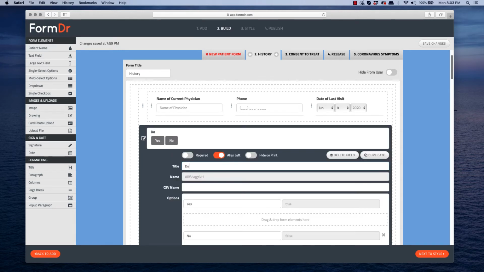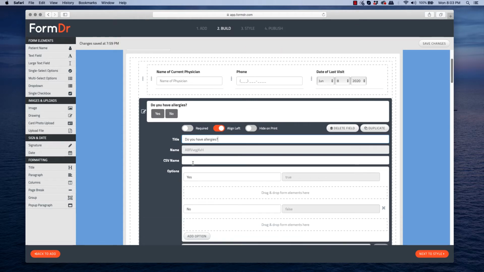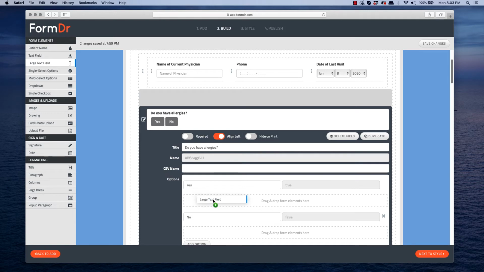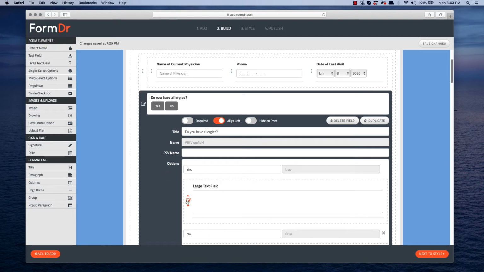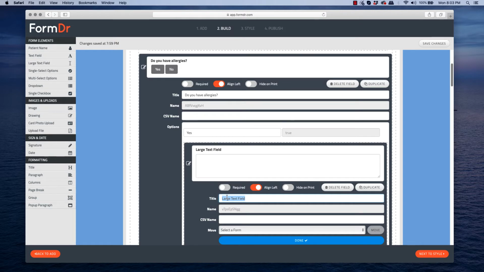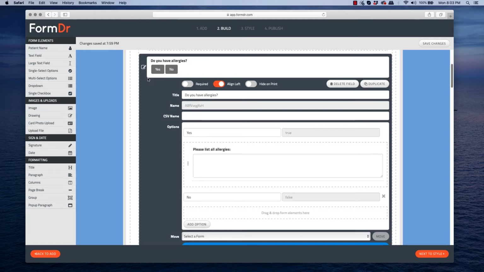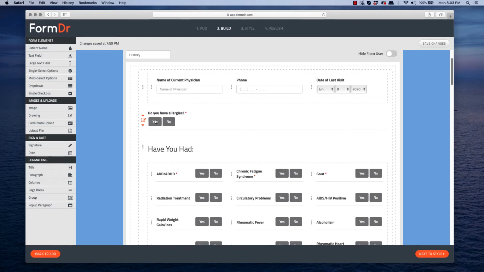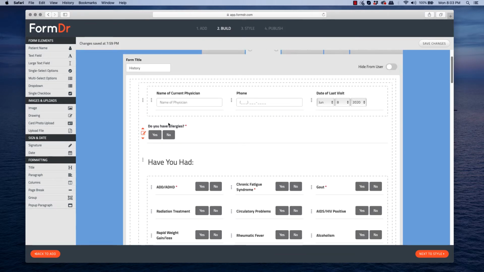I'm going to open the toggle and type, do you have allergies. If they select yes, I want them to list all the allergies they have. So I'm going to drag over a large text field, open the toggle, and type, please list all allergies. Close the toggle. I'm going to make this required. Now I'm going to close the toggle. Now, whenever they get to this form, one of the very first questions they're going to have to answer is,